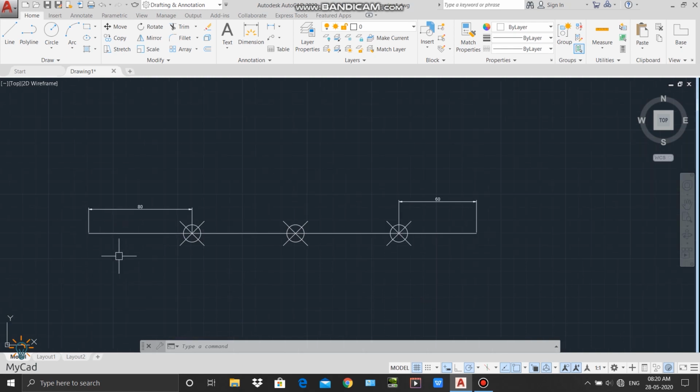If I start adding nodes from the starting at a distance of 80, then first it is 80, then 160, then 240. Now the remaining is 60 units. So the difference between measure and divide is that divide is used to divide your object with equally spaced nodes, and the measure command is used to add nodes at a specified length from the starting of your object.